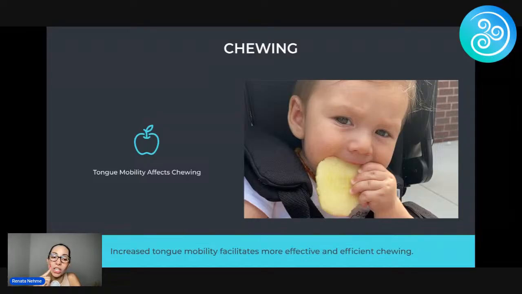So if your cheek muscles are too weak, whenever you're chewing your food, you're going to notice that we get food packed all the way on the insides right here. We call this a vestibule if you're not a hygienist. So on the insides right here, we're going to start packing a bunch of food. That's because the cheek muscles are too weak, and the tongue is pushing the food that way. So the tongue needs to be able to push the food into the teeth, and the cheeks are supposed to push the food back into the teeth so that the food stays on the chewing surface of the teeth. So that's another function of the tongue.